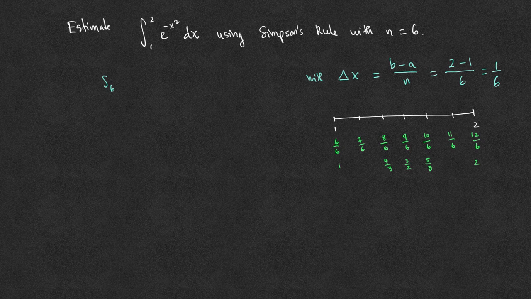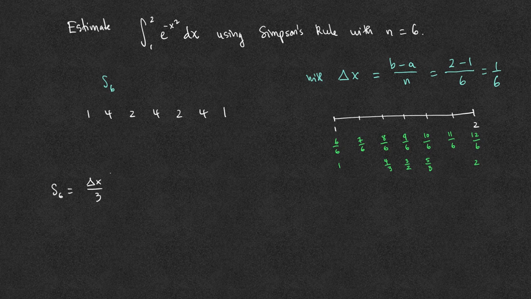With Simpson's rule, the pattern for S sub 6 is 1, 4, 2, 4, 2, 4, 1. Start with 1 at the first and the end terms, and then 4 going in. 1, 4, 2, 4, 2, 4, 1. There are 7 terms. This is S sub 6 equals delta x over 3